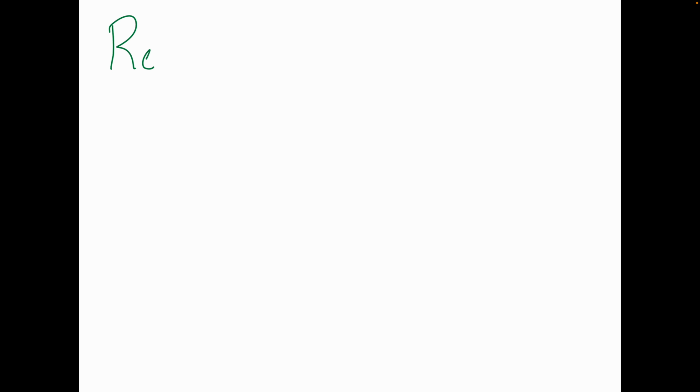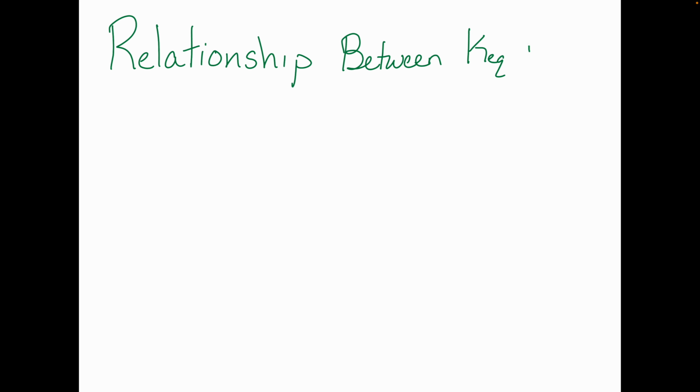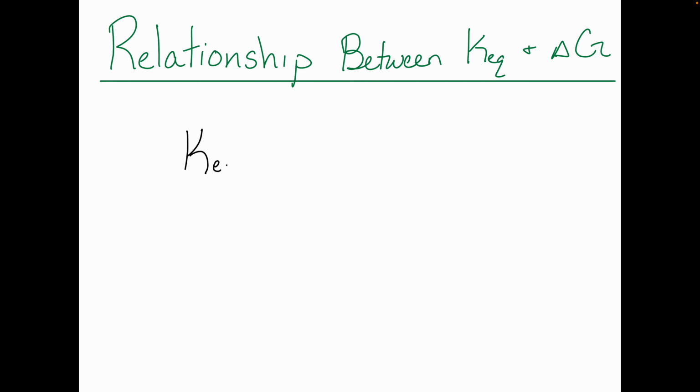Well, it turns out that there is a direct relationship between delta G and our equilibrium constant. All right. It turns out that that equilibrium constant, KEQ, is the same thing as e to the negative delta